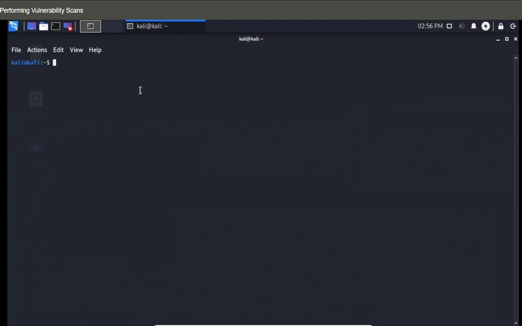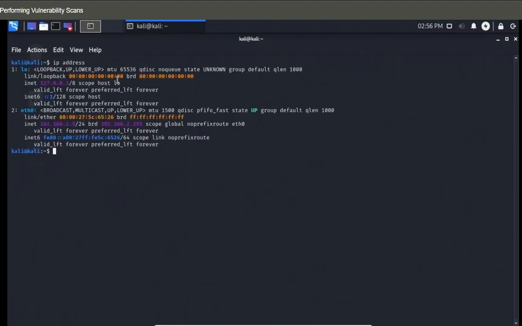When performing a vulnerability scan, our first step is to identify the host or the IP address ranges that we want to scan. To that end, I'm going to first discover what hosts are available on my network. If I type the command ip address into my terminal, I'm returned the IP address of my local machine. On eth0, which is my network interface, I have an IP address of 192.168.2.9, and I have a subnet of /24. So I'm going to initially scan that subnet, the range of 192.168.2.1 with a subnet mask of 24, to see if I have any other hosts on the network that are up and alive